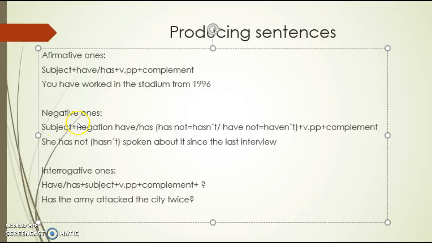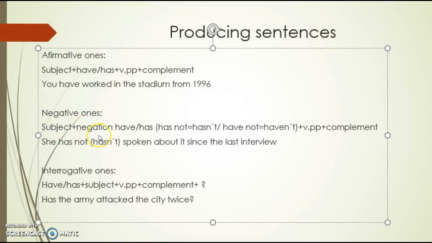Sometimes it's kind of boring, you know, because you always are going to have these same structures, and they always are going to work in the same way. It's only that we have to learn new vocabulary and replace, because that is the thing that we do when we speak or write: replace